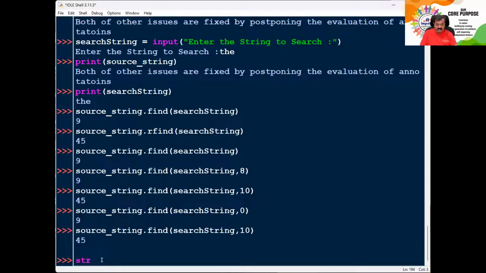So if I say str dot find, look at what it says: find string, start and end. Oh, that means we can also specify start and end. Right now what we have specified is start. I am also going to specify end, meaning which section you want to look in. There may be the letter "the" before, there may be one afterwards, but I want to search from within a section. So what I could do is say pos is equal to